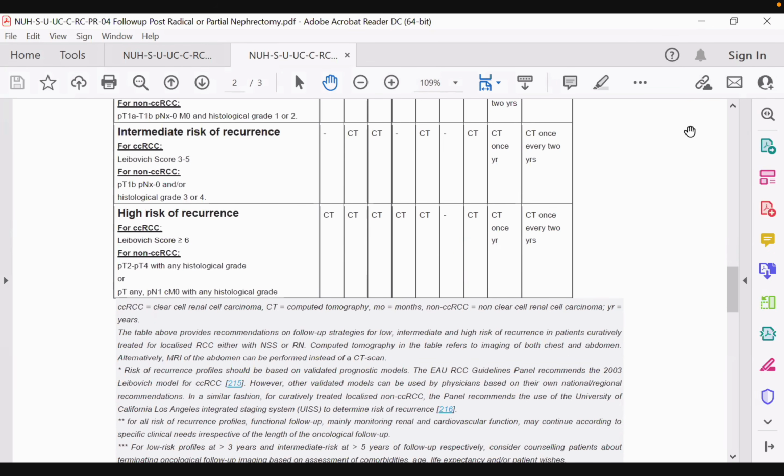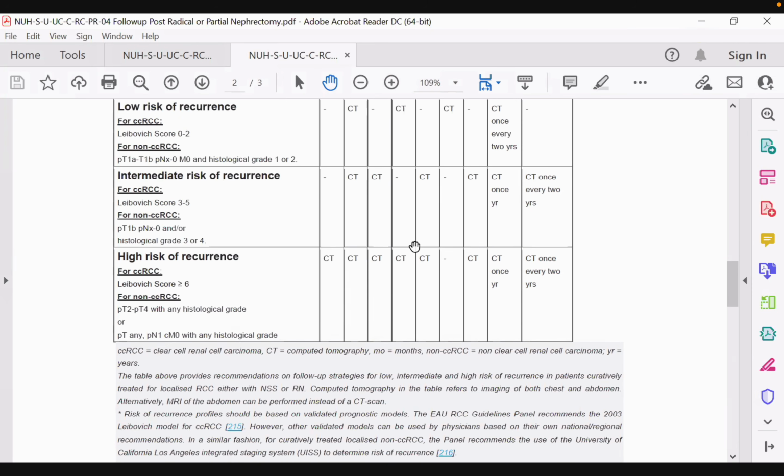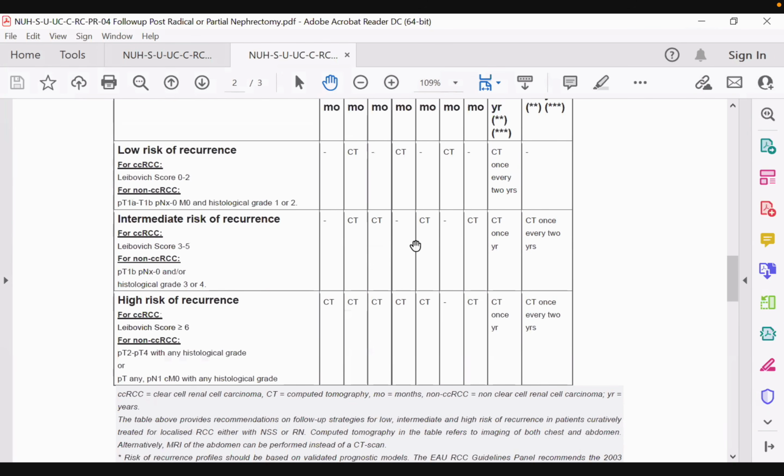Very soon, I think they will put in the PET CT scan here, because this screening doesn't look at PET CT. So PET CT is now being used for follow-up of patients who've had radical nephrectomy. Standard PET is more and more in favor rather than anything. Okay.